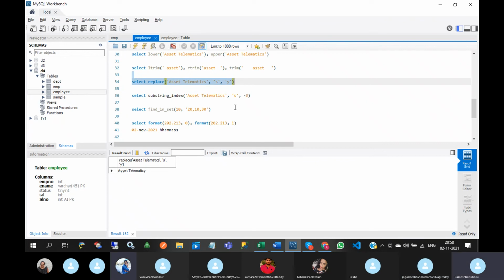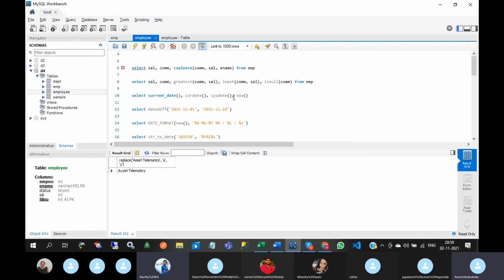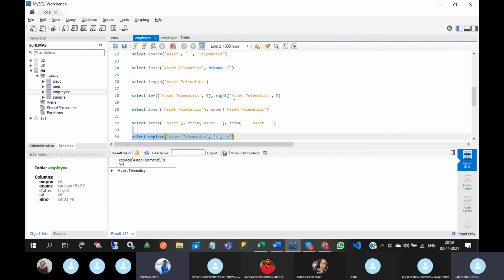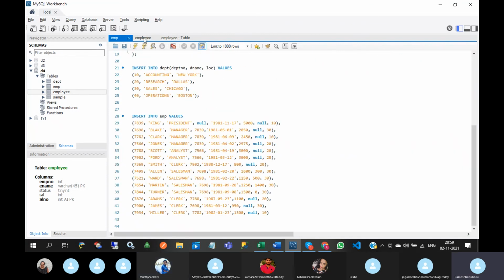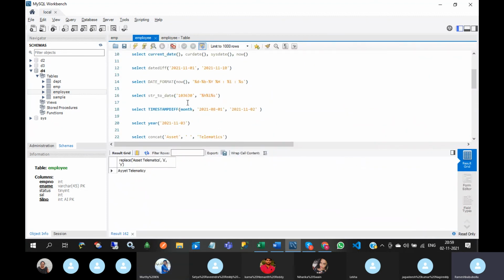Ramesh. Murthy here. Can you please copy all the queries and send them to us? They will be used later. I think almost all the functions are covered, and many more things are coming later. All the queries are not available, I have deleted some of them. If you want, I will share the queries from tomorrow's session onwards.